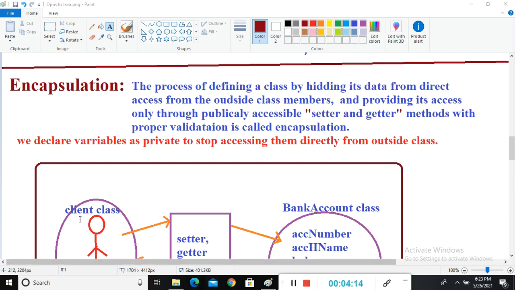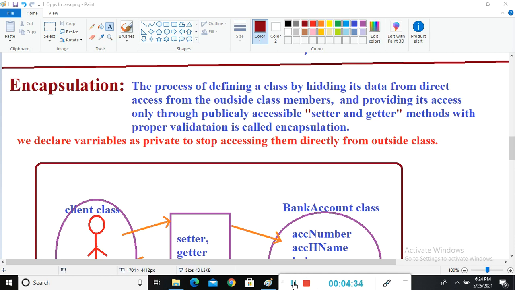So here we have an example. In encapsulation, we declare variables as private to stop accessing them directly from outside the class, to provide security. Encapsulation's main advantage is providing security to our project data or object data.